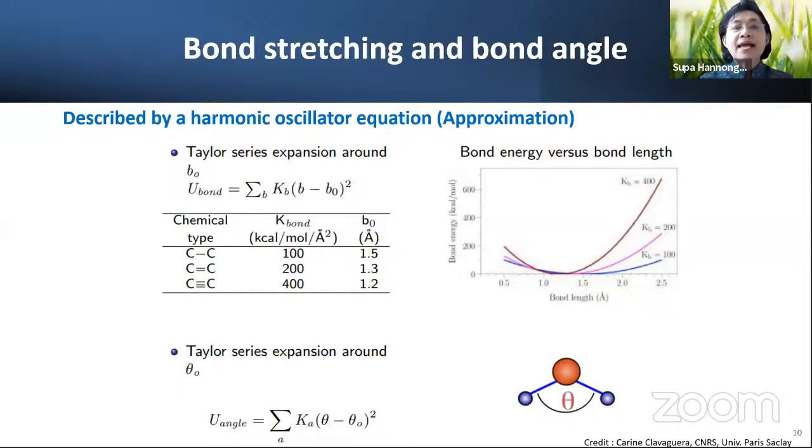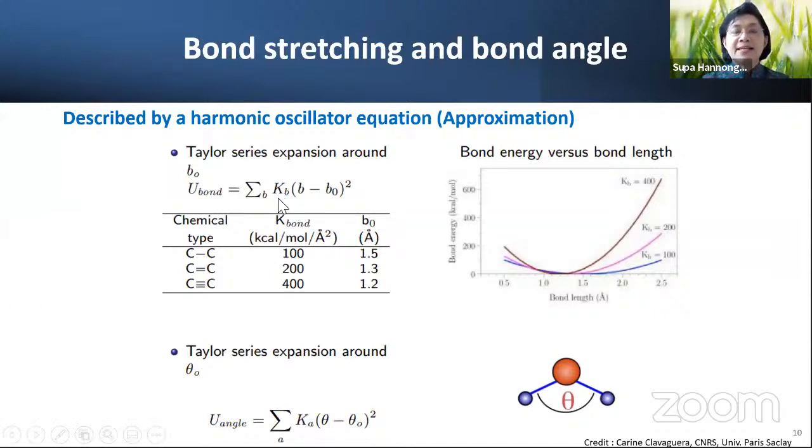So these are the equilibrium stretching of the CC chemical types. So you can understand right now about its physical meaning, and how to get it. The force constant can be obtained from experimental data. As I said, they try to construct the equation and the prediction, and then at the end they can obtain the force constant.